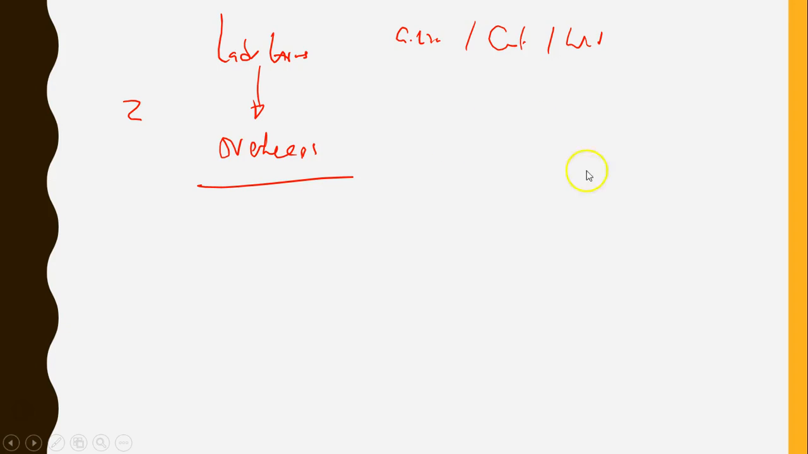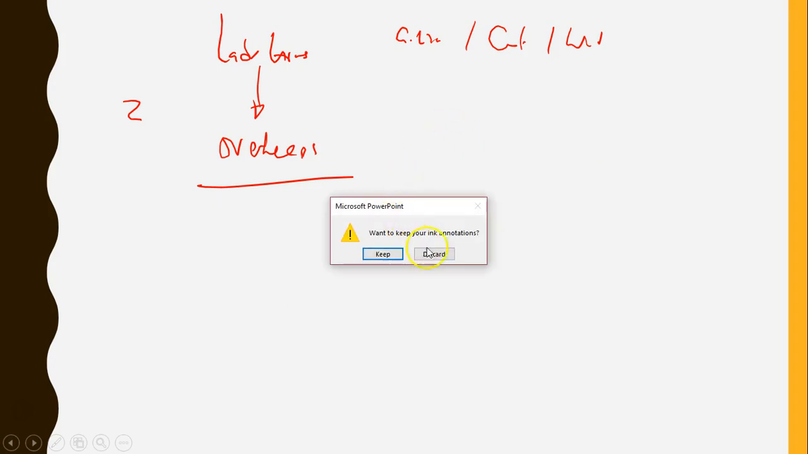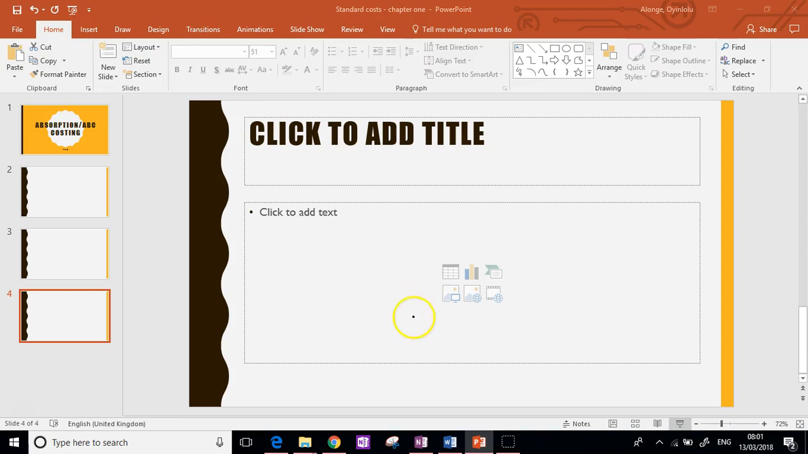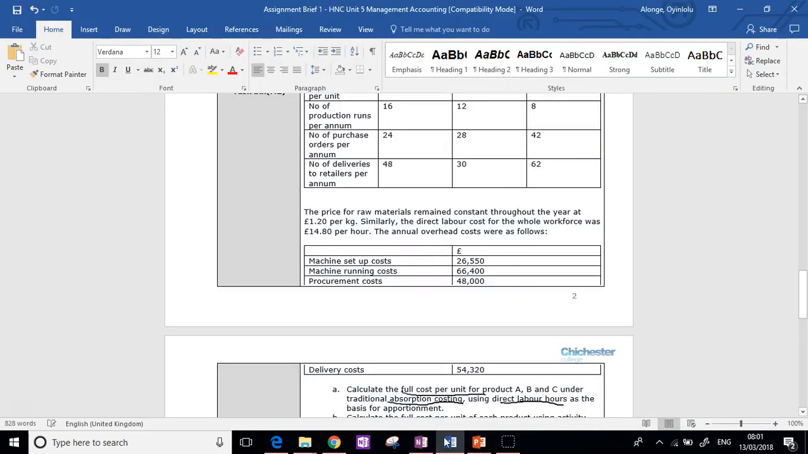Right. So let's look at it. So let me just keep that. Let's discard that. So just coming back here. So you can see here that